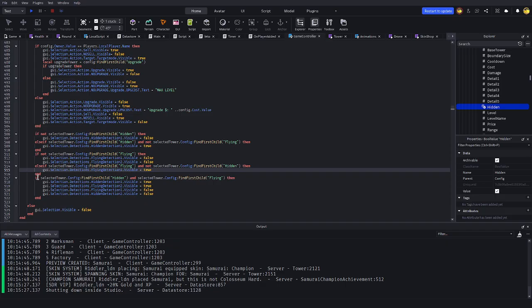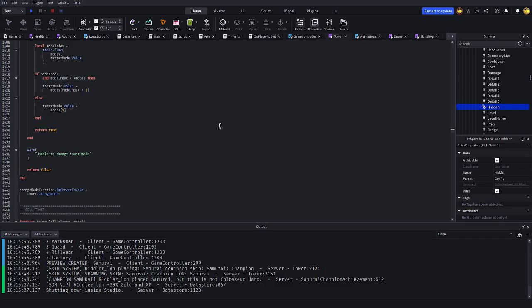But if the selected tower has a hidden value in the config, find the first child, flying. So if they have a hidden and flying bool value, we're going to make the first hidden detection true and the second flying detection true. I'm going to set the other two to false. And that's just how you do that. Then I'm pretty sure in tower,